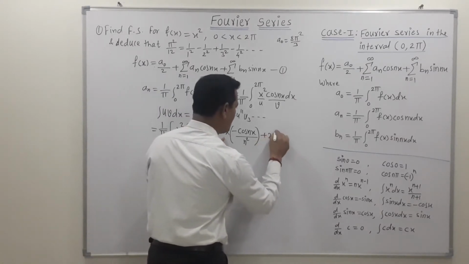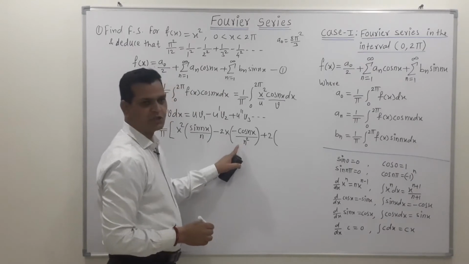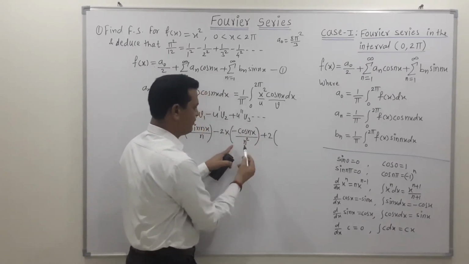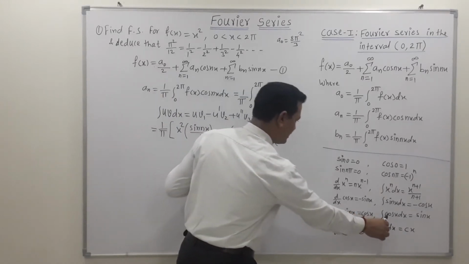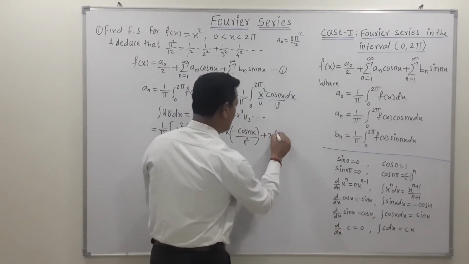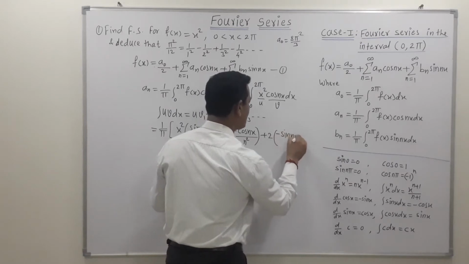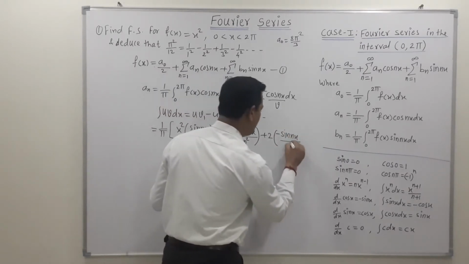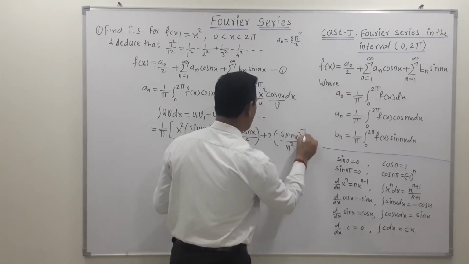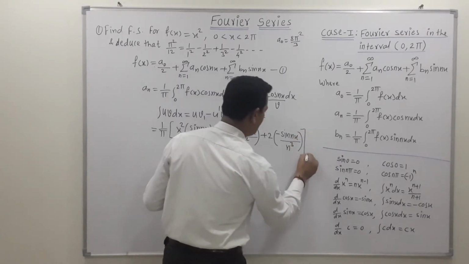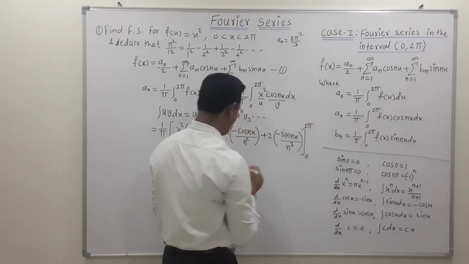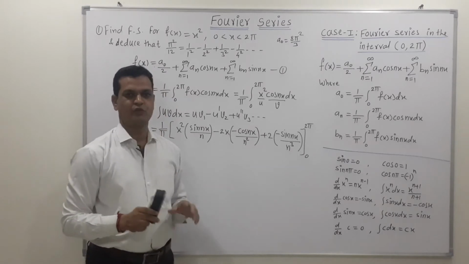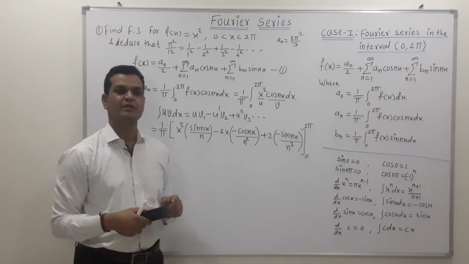So the derivative of 2x is 2. Then again, the integration of this v3 means integration of v2. So the integration of the cos term is sine, so this minus as it is into sine of nx upon n into n square is n cube. So we can write this as n cube, and its limit is 0 to 2 pi. So this is the very straightforward method for finding the integration of this term. So use the general rule for integration by parts.